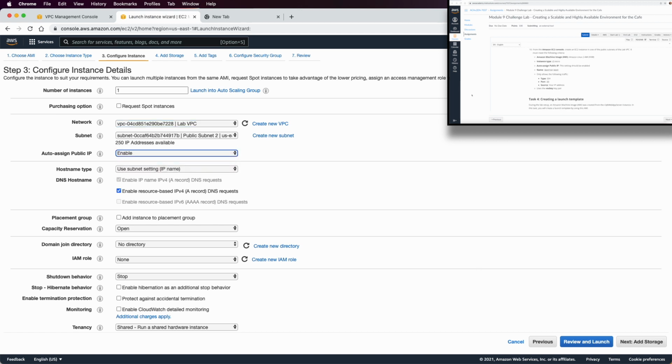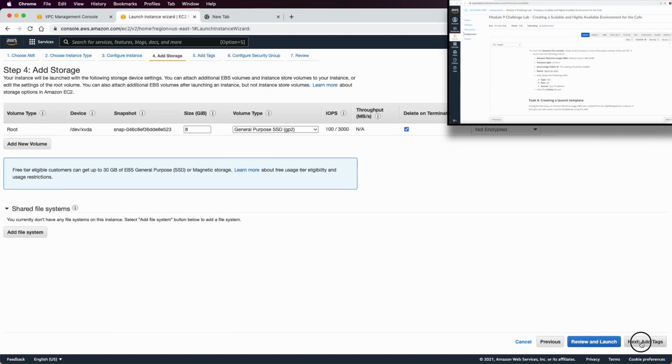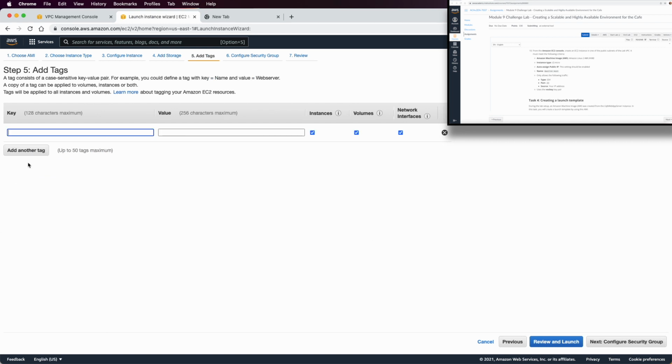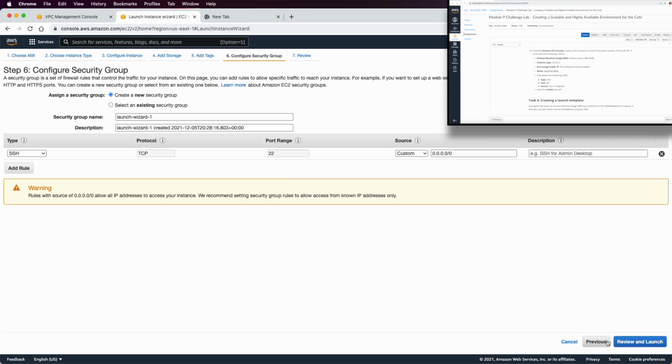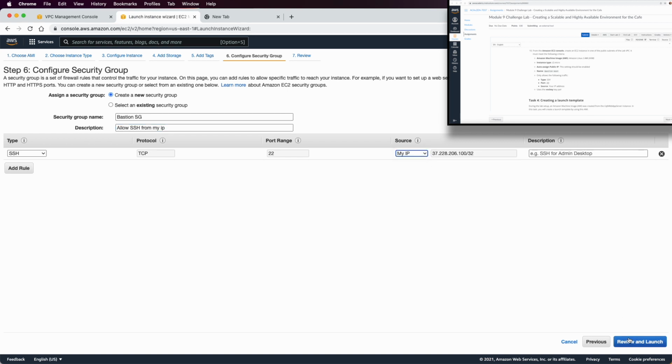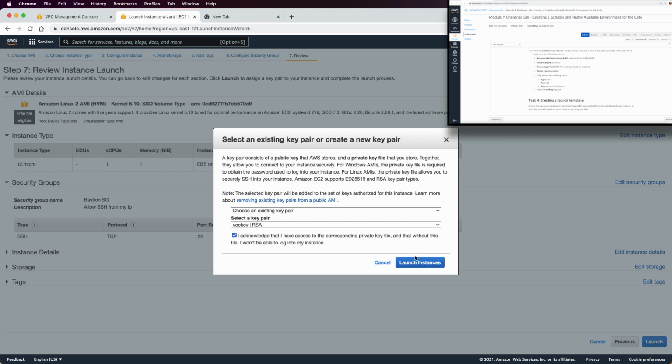I will enable the public IP address, and now I will proceed to add storage. Add tag, I will call this machine Bastion host, and then configure the security group. We want to call this Bastion security group, allow SSH from my IP, and this is going to be my IP address here. Review, launch,